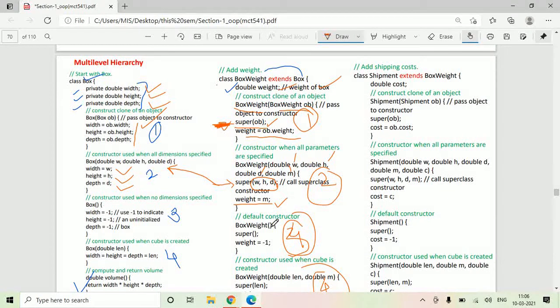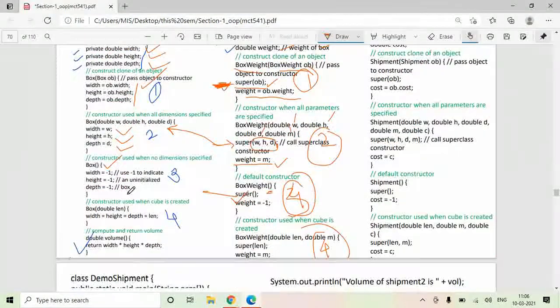The box weight class, the normal constructor, default constructor. So if you create a default box weight object, this default constructor gets called. You have written super, first call the super constructor, super class constructor, parent class constructor. So for this line, this default constructor will get called. Now the next is box weight class.